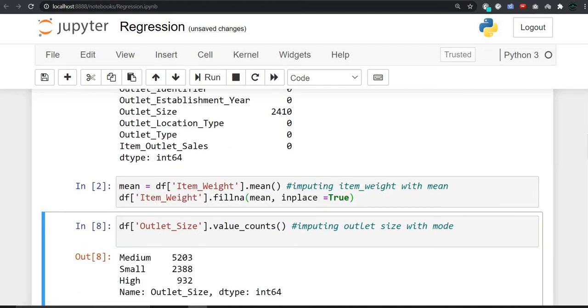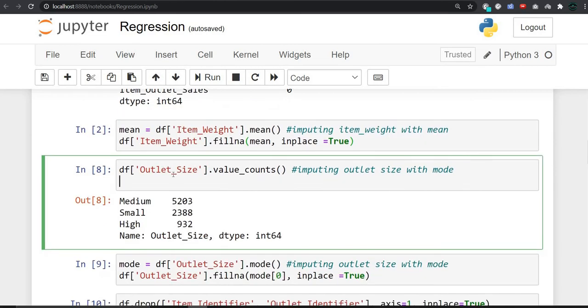It has been executed successfully. For the categorical value, we will first have to know how many values are present. You can see that in outlet size, the value that appeared the maximum number of times is medium, so we will fill it with medium. value_counts is used to count the values that are present.